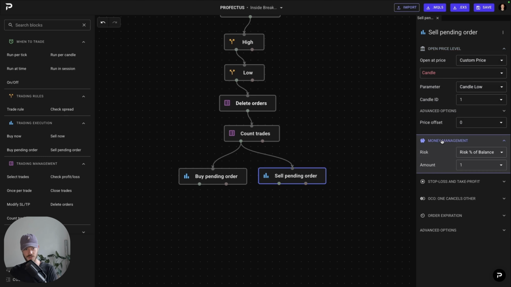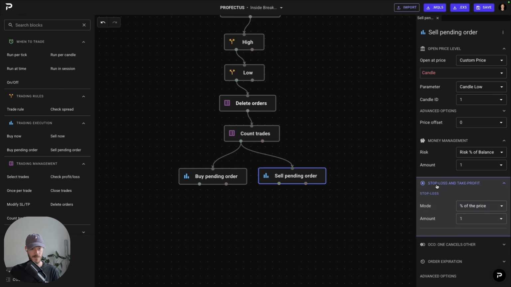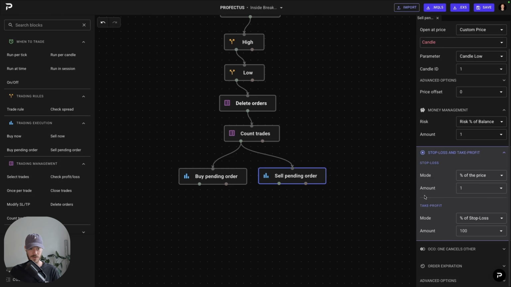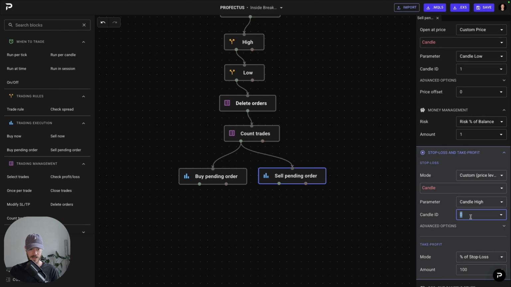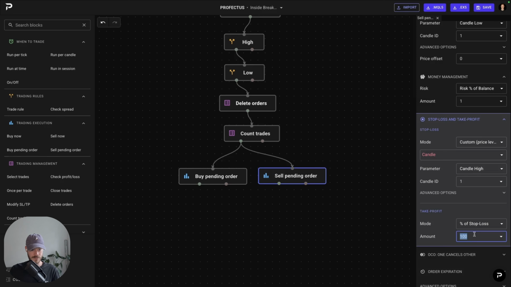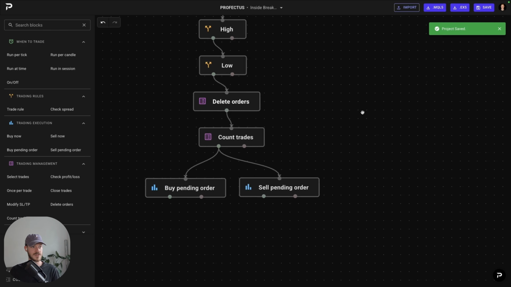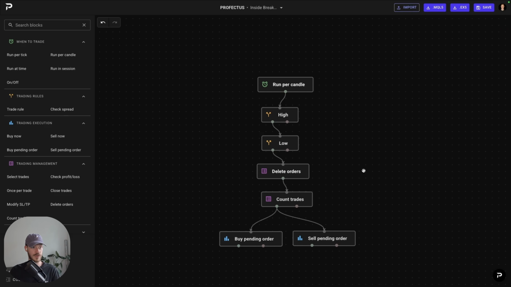Price offset also 0. Money management risk of balance, same as the other one. Stop loss, also again custom price level, but here you want to place it on the candle high. Right, so here candle high number 1, and then again 1 to 2 risk to reward. We close it, we save it, and now you have a full trading system only based on a very simple